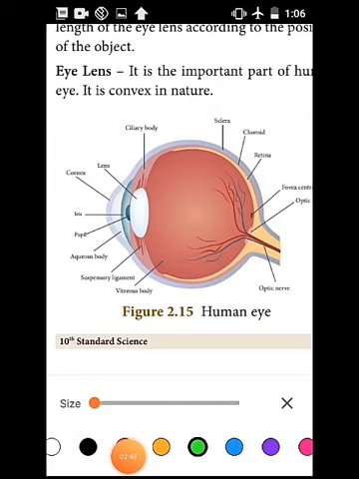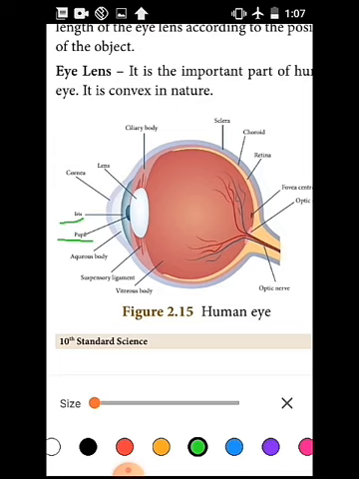So my dear students, see this human eye picture. I will ask some questions to you. Try to say the answer. Okay. Which one is the colored part of the eye? Yes, the answer is iris. The iris is the colored part of the eye. What are the colors? Blue color, brown color and green color. Okay. The next one, the center part of the iris is dash. The answer is pupil.